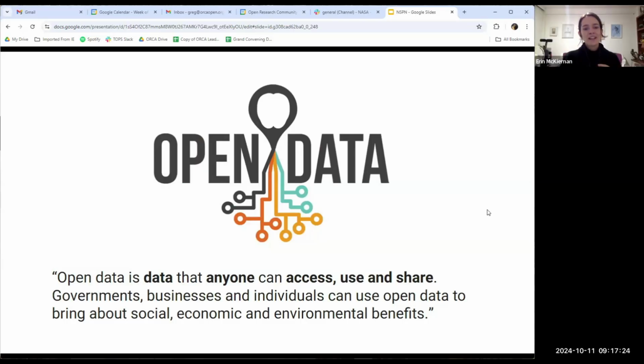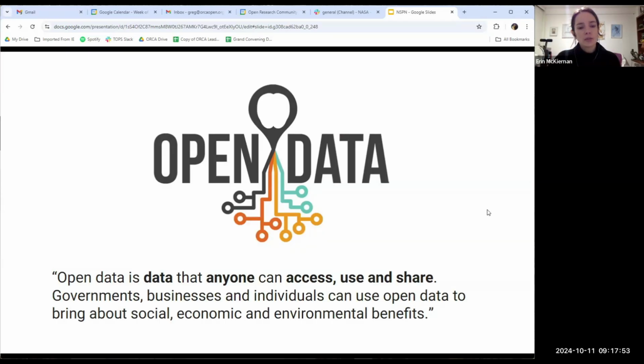Yeah, thanks, Greg. So as Greg mentioned, one problem is the access to the papers themselves, but another thing is the data underlying those studies. One component that is really important about open science is what we call open data or data sharing. And that again means that data are accessible to anyone to not just see, but also use and reuse and remix and share and build upon in different ways.